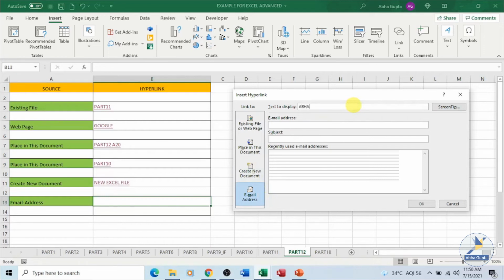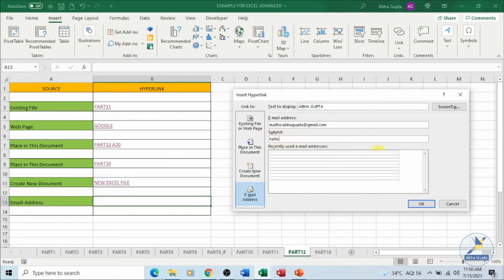I want to display that this is the text, the address, any subject line if you want to say, and then you can have any subject line which you want to insert over here.